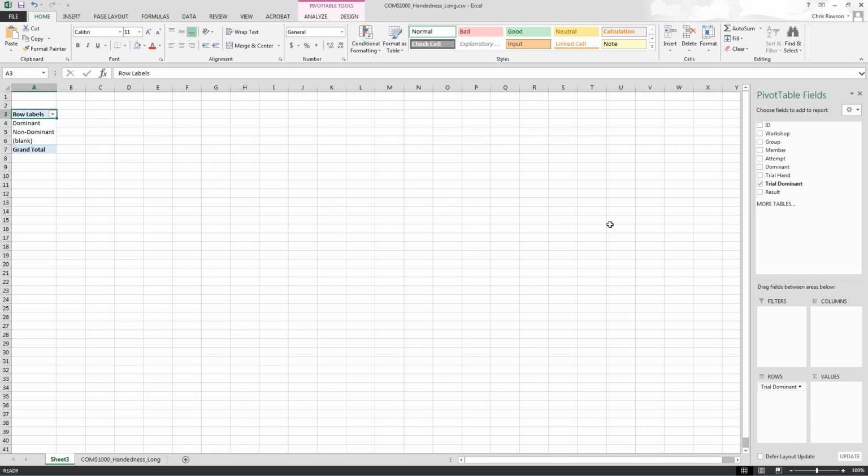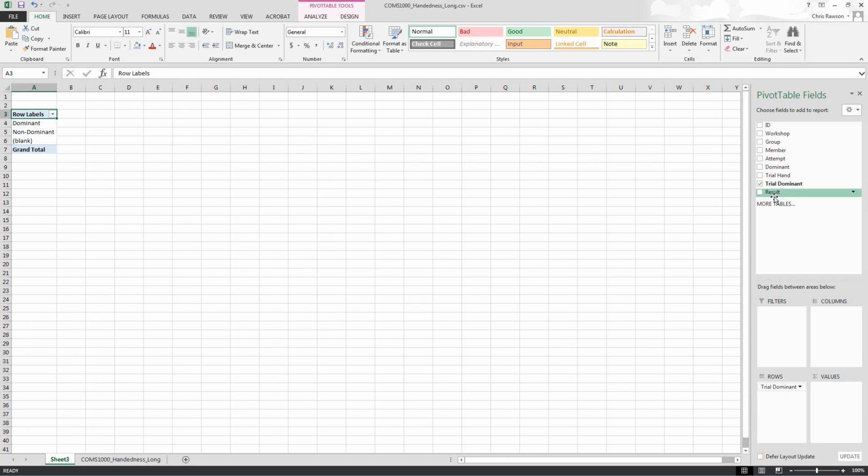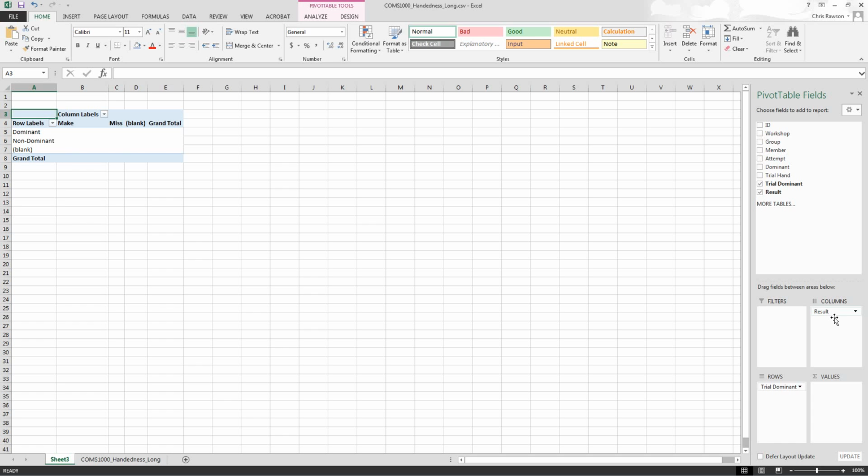And then we're interested in whether they were made or missed. If we go back to this handedness table, we can see that that's in a column called result. So we can pull result down into columns. Now we're starting to get a little table there that starts to look like what we want. Now all we need is the values that sit in there. And the easiest way to do that is to pull the result column down into